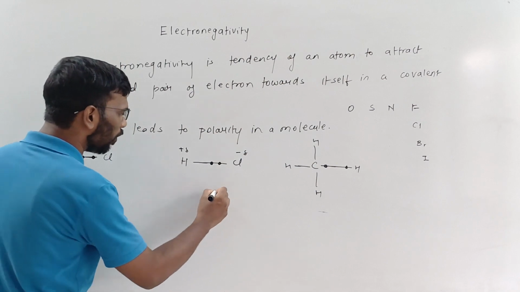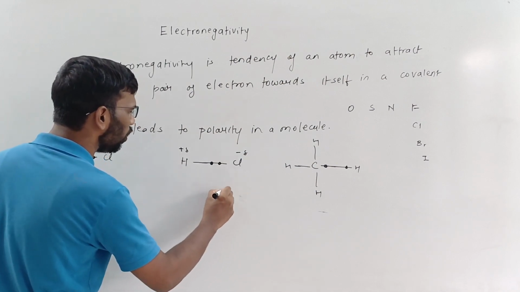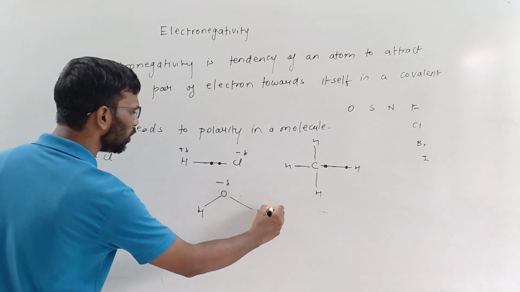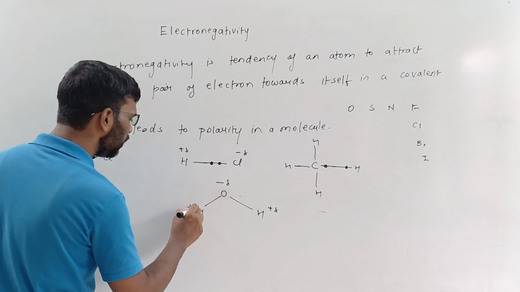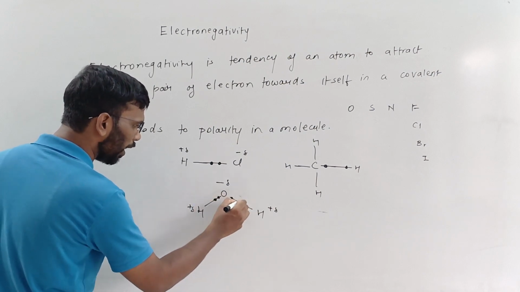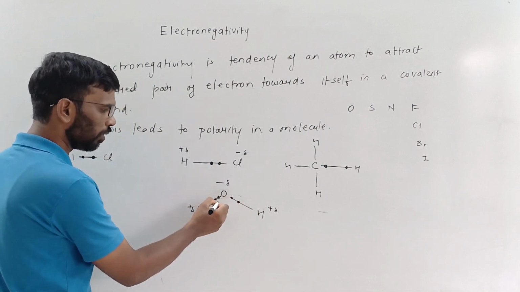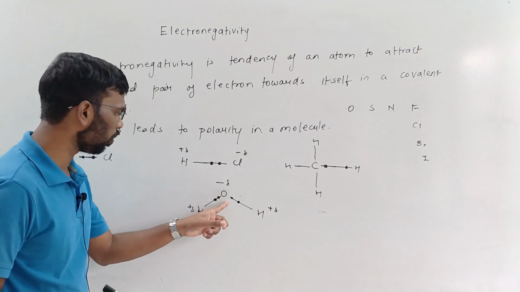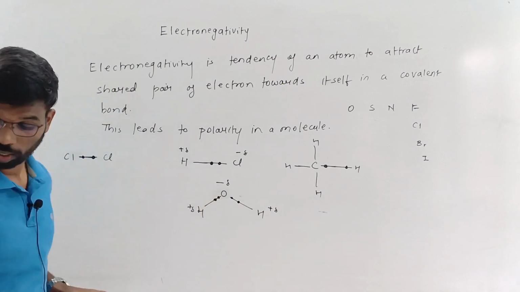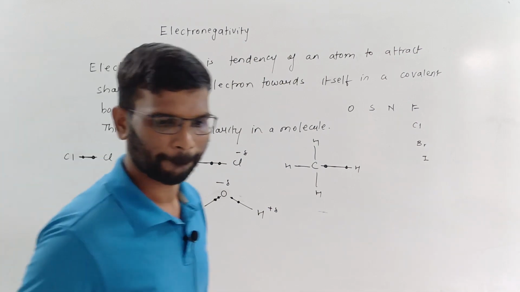We can take sulfur dioxide, or carbon dioxide, or a water molecule, the simplest one. This is a water molecule. This is partially negative, this is partially positive. What is the reason? These are the electrons of the oxygen and these are the electrons of the hydrogen, pulled towards it, right? So oxygen is pulling those electrons, and it has the partial negative charge. This is the polarity. Let's see some data and understand this better.